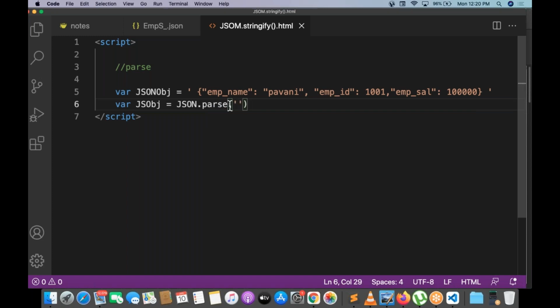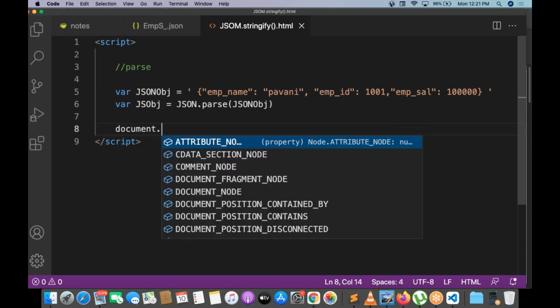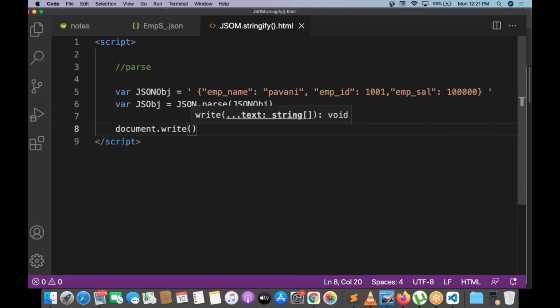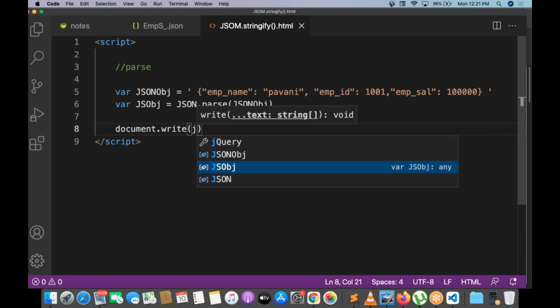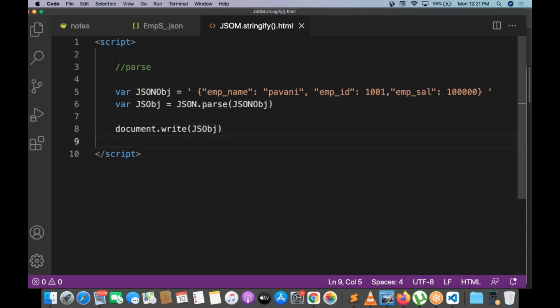Parsing the JSON object. Now I just want to give the document.write of the JS object. Let me right click on this and open in the default browser.